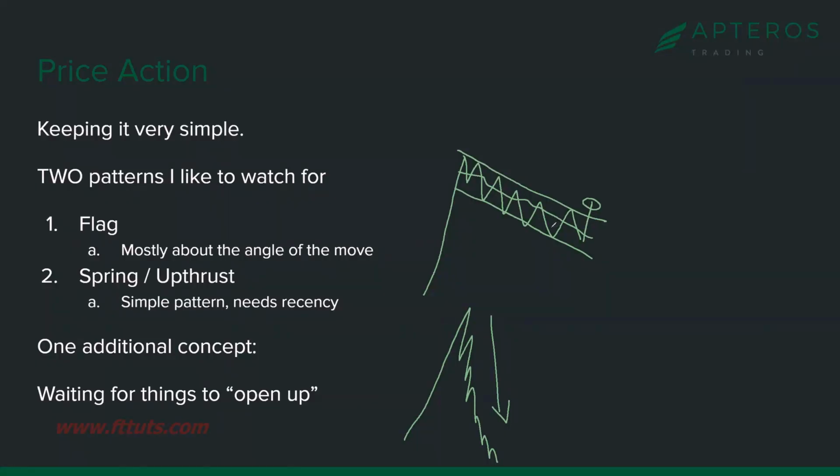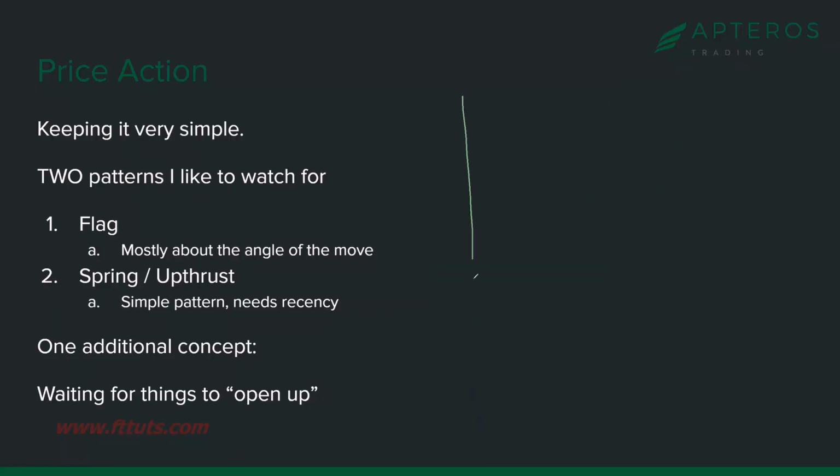This is a bull flag, right? I could draw the opposite. We go down steeply, and then the buyers are really weak. They can't lift it very fast, right? We would look for this to break and give us that. So that would be a bear flag. And again, it's about the angle. See the angle here relative, not to get too sciencey on you, but I think you understand.